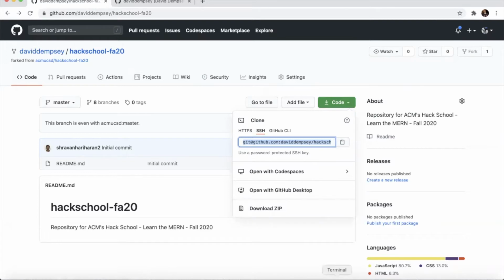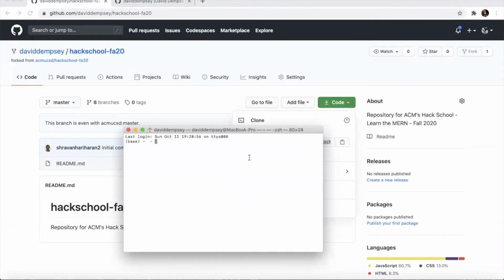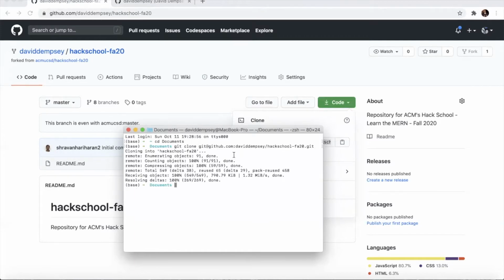So we can open up our terminal for our Mac, and then we can type cd documents. In this case, I'm just going to use documents. Feel free to use any other directory you'd like. And then type git clone, and then paste the link from before. Essentially what this will do is it will make a copy of the remote repository onto our local system that